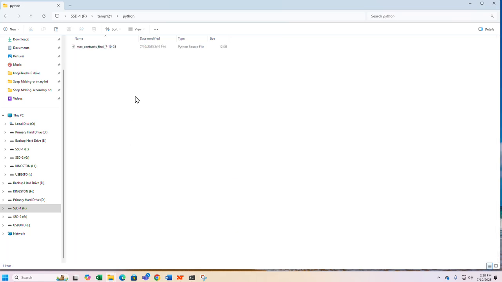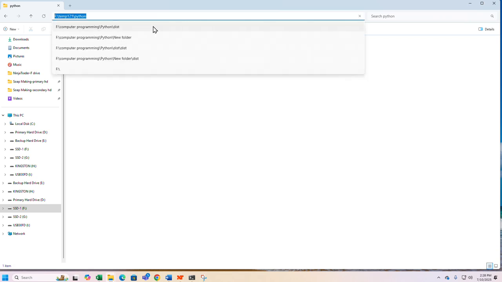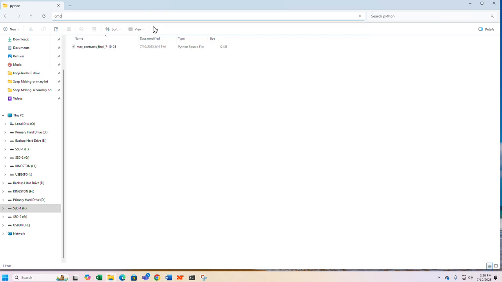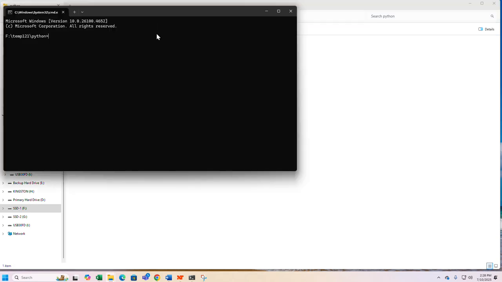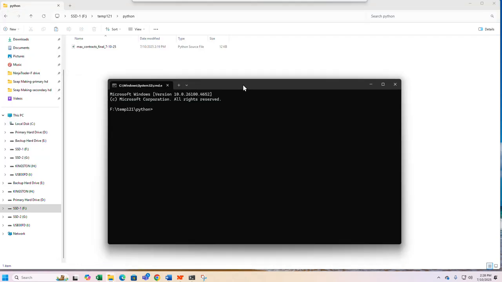Now here you want to open up your terminal so it's in the same directory. So just come up here and type cmd, hit enter, and it'll bring up your command window. Now it says we're in F temp 121 Python. Okay, that's correct. Now here we want to type in at the prompt PyInstaller